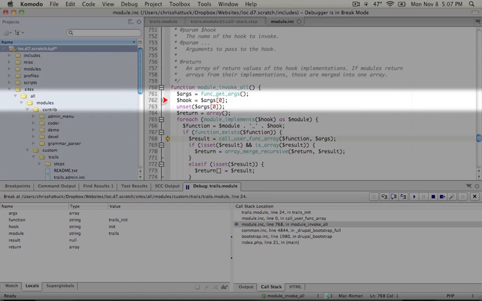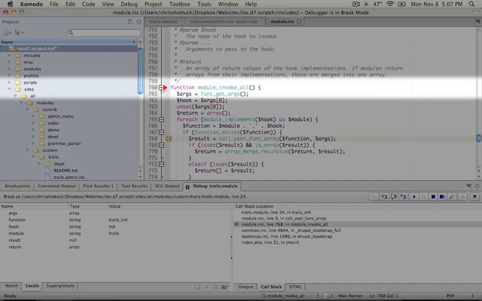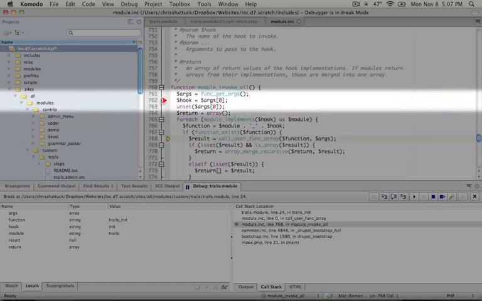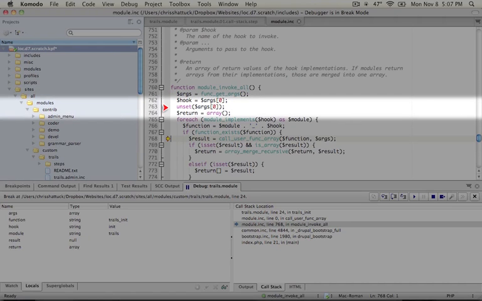So hook is actually going to be the name of the function. So when we see module_invoke_all being called, and we'll take a look at this as we step up one more line into common.inc here, we'll see that the first argument being passed to it is the name of the hook, which should be init, I-N-I-T. This next line unsets that first item in the arguments array just to keep it clean, and then we initialize